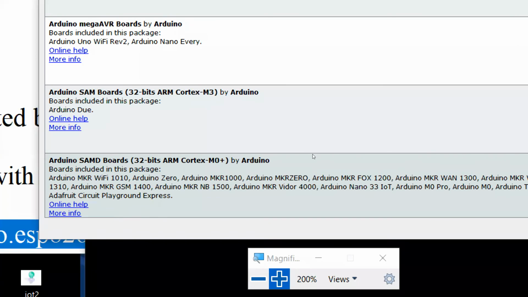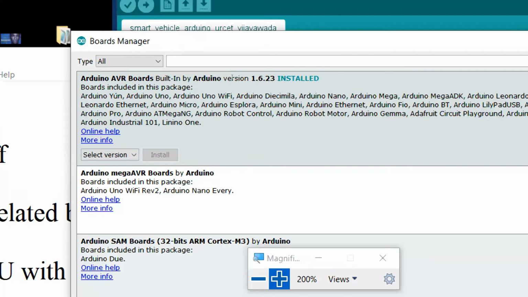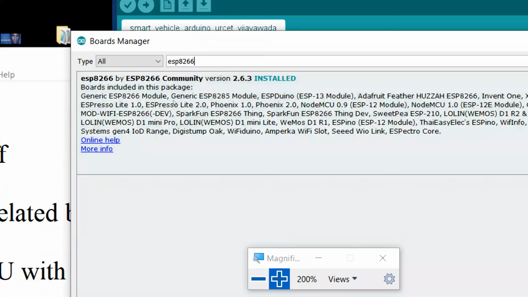Yeah, it is downloaded. Now you can enter the name called ESP8266. When you enter ESP8266, you'll get this flavor there. ESP8266 supports all these boards: generic boards, ESP8285 modules, SparkFun ESP8266, WeMos Mini Pro, D1 Mini Pro, Wi-Fi Dino, and others. These are the other boards available in the ESP8266 family. We are using simple NodeMCU 1.0 today. That board is also available here, and we can easily use this family for programming our board.